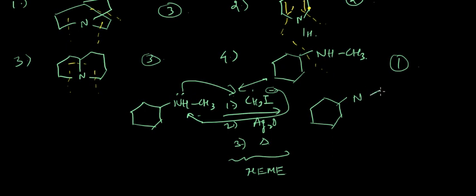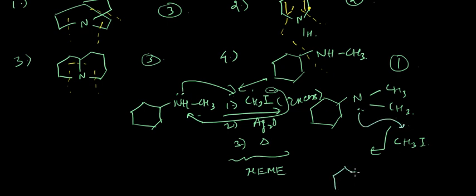So we'll get something like this with CH3 and CH3. Okay, now what will happen again? Obviously we pass CH3I in excess, so again it will combine with CH3 to get something like this one,